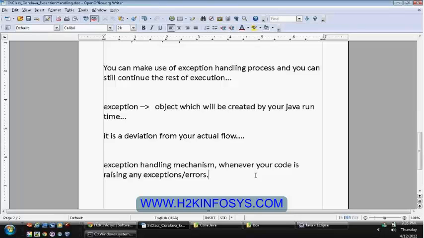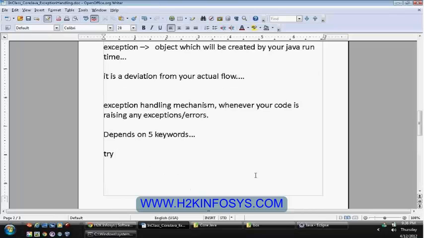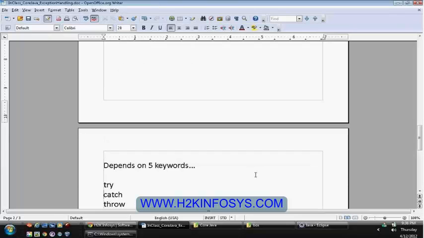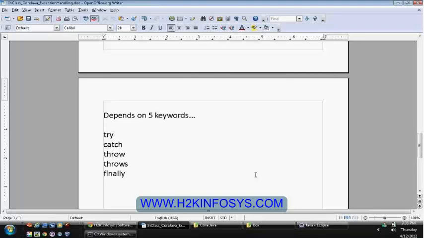Java's exception handling mechanism depends on 5 keywords, which are try, catch, throw, throws, finally. These are the 5 keywords that are used for the exception handling mechanism. You just need to learn how to use these 5 keywords. That's all with respect to the exception handling mechanism.